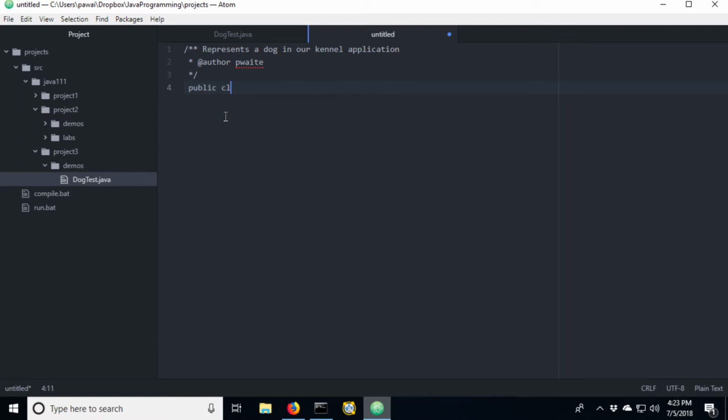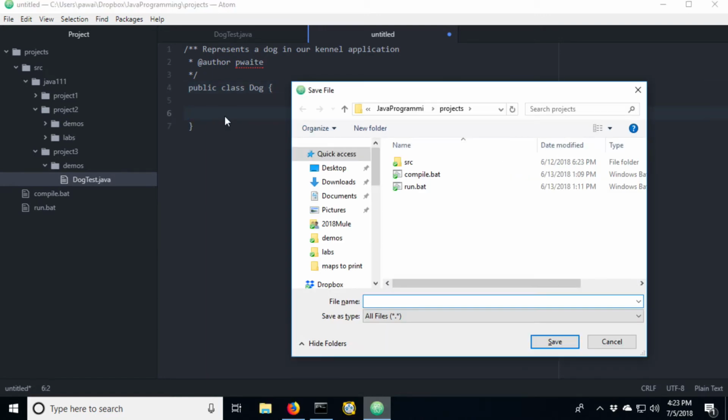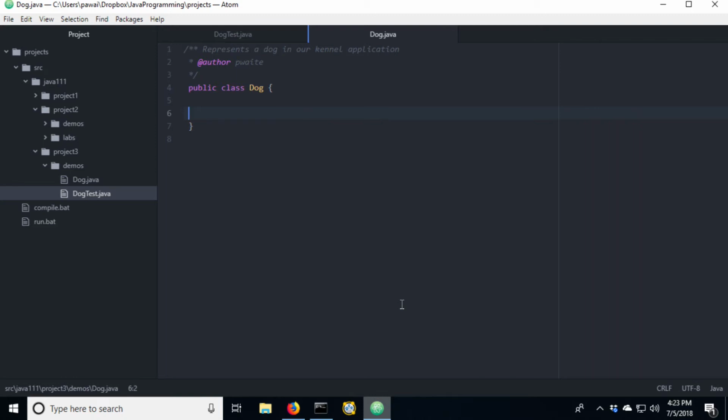So, public class Dog. I know that I need that much, so I'm going to save that. That is going to go into my demos folder in project 3, as Dog.java.